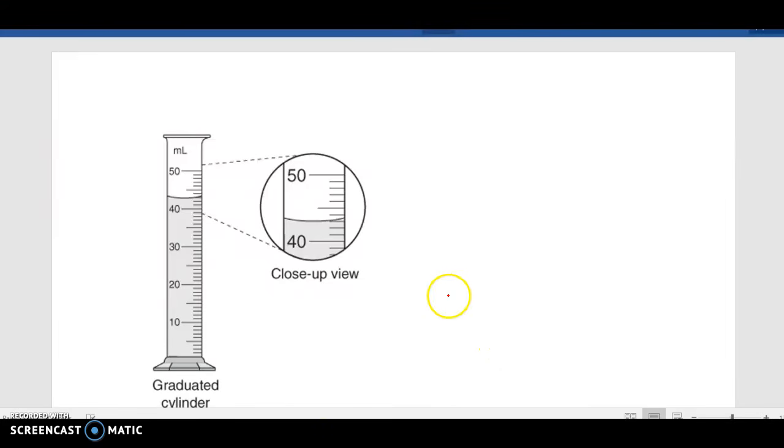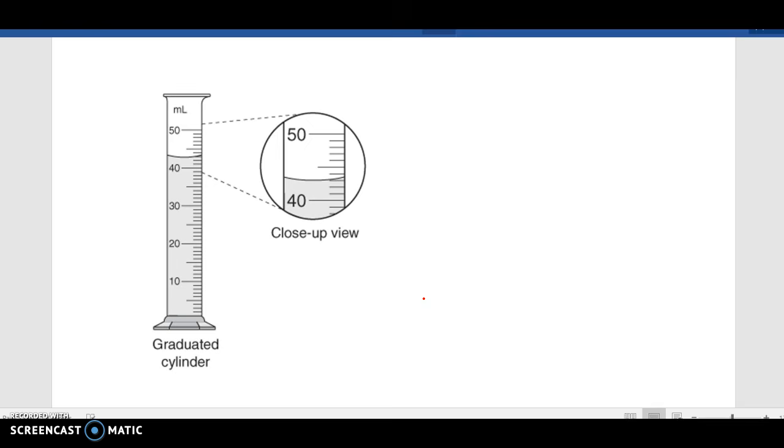Hi, we're going to go over how to determine the correct scale on a graduated cylinder. Before we take a look at this, I want to say that there are two ways of doing it. One is guess and check, and one is more mathematical. This graduated cylinder, measuring in milliliters, is pretty easy because we can kind of guess, okay, 40, if we